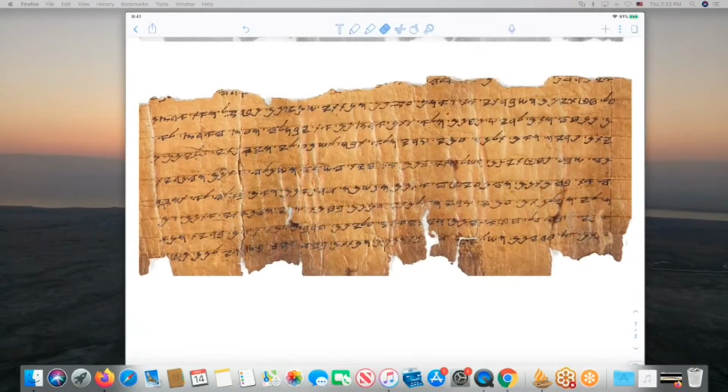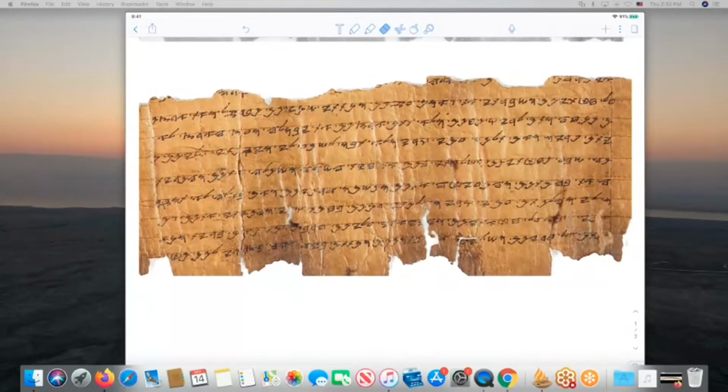I'm sharing this week's Torah portion, Parashat. It's actually a double portion, Behar and Behuqotai. It's the end of the book of Leviticus, or Vayikra. And this week we're looking at another image of what is called 11Q. This is from Cave 11,